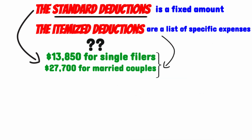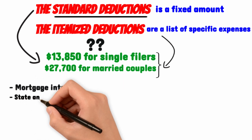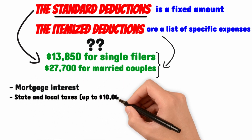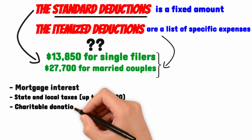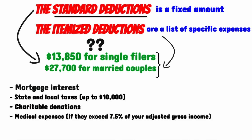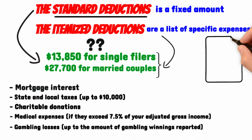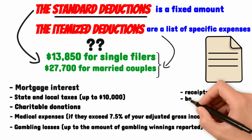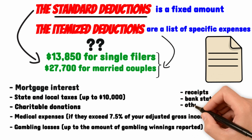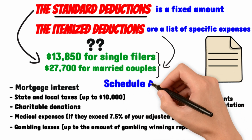But what if you do choose to itemize? Some of the most common itemized deductions include mortgage interest, state and local taxes, up to $10,000, charitable donations, medical expenses, if they exceed 7.5% of your adjusted gross income, gambling losses, up to the amount of gambling winnings reported. To claim these deductions, you'll need to keep detailed records throughout the year. That means holding on to receipts, bank statements, and other documentation that substantiates your expenses. You'll also need to fill out Schedule